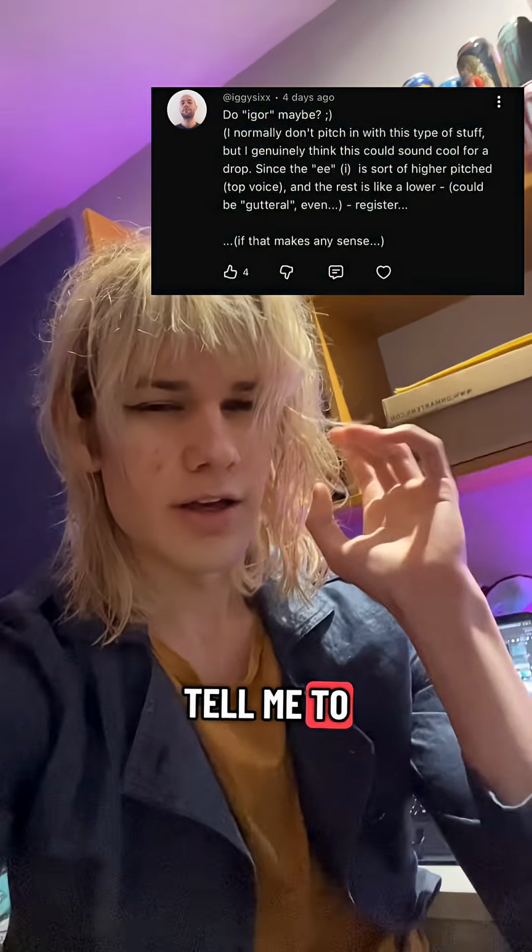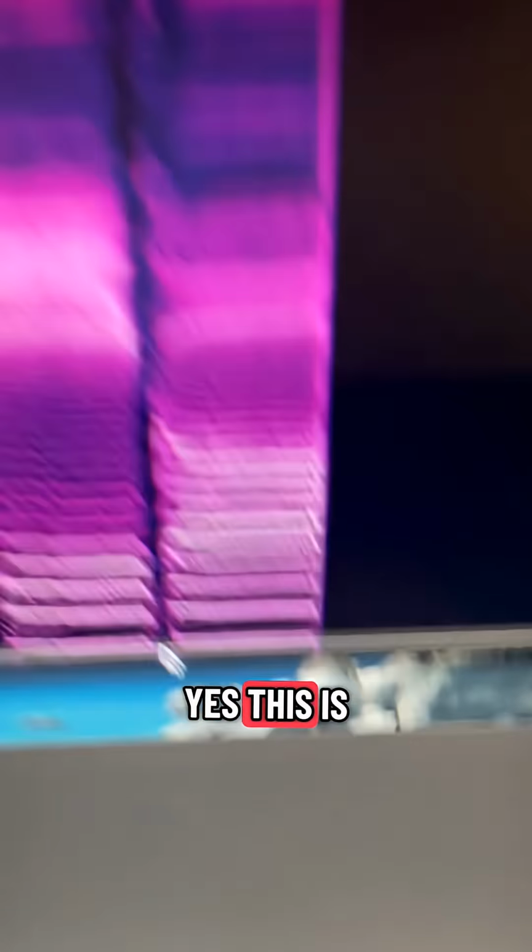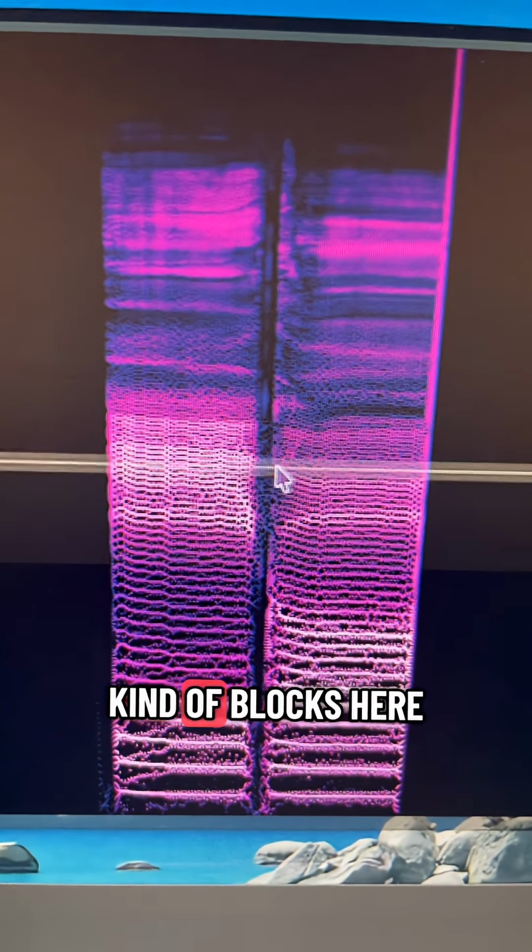Synthesizing what you tell me to. Can I do Igor? Yes? This is a spectrogram of my voice saying Igor, and you can see there's two kind of blocks here,